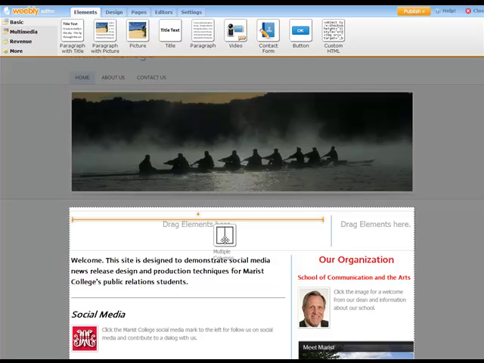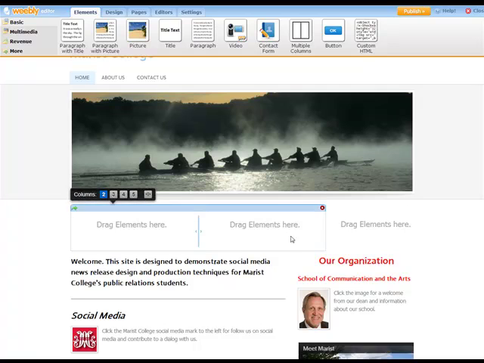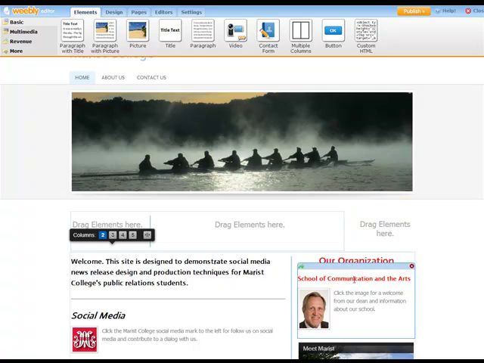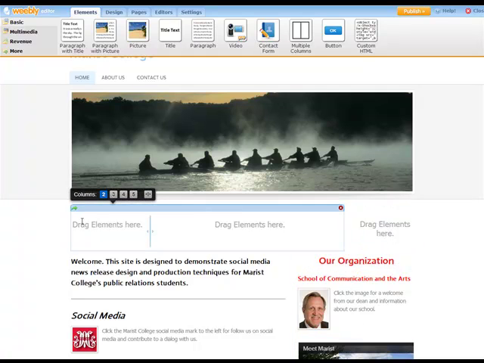I want to drag multiple columns inside the current columns, and you can see now I could create a 3-column layout. So for instance, you could have a wide middle column with 2 narrow sidebars, and you could insert some of these additional tools in your sidebar and keep your main column for some of the content and main points that you want to create in your social media news release. So let me get rid of these,